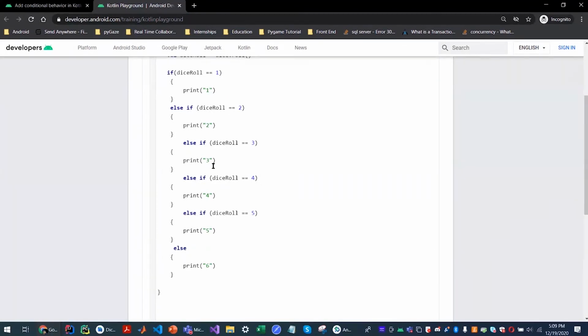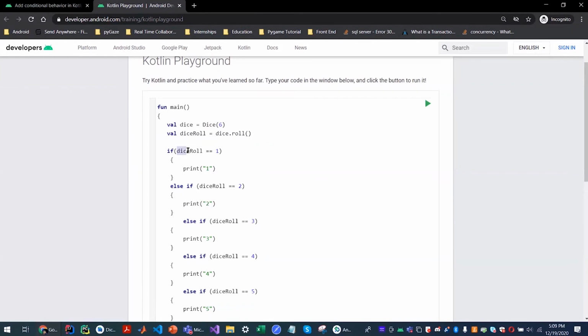So what I'm doing here is checking if the dice roll is equal to 1. Let me explain the statement a bit here. Up till now, you've only seen a single equal sign, and that's used to assign a value to a variable, or to tell the program that this variable I'm creating, this storage box or container, will hold this value. That's called assignment. You're assigning a value to a variable.